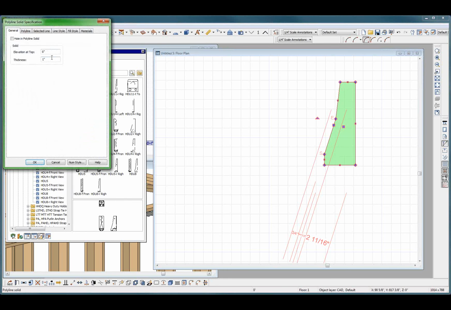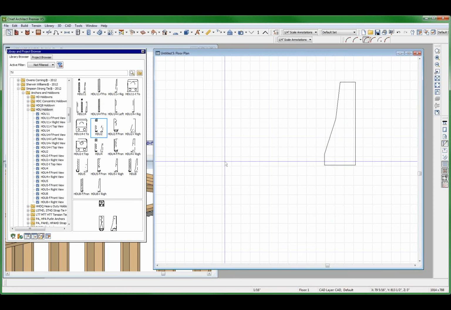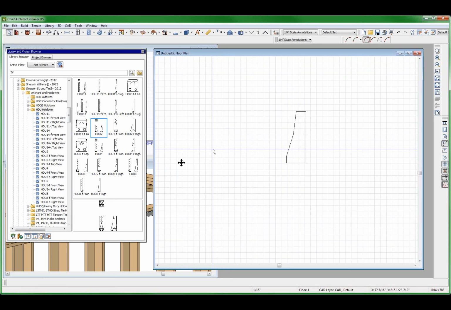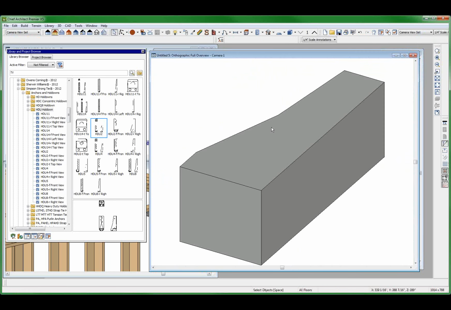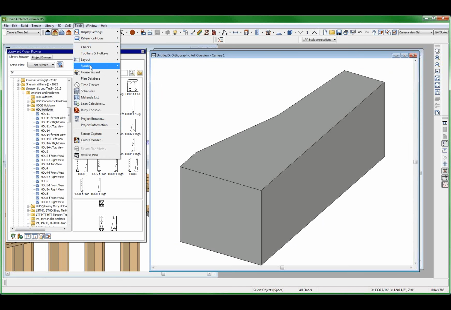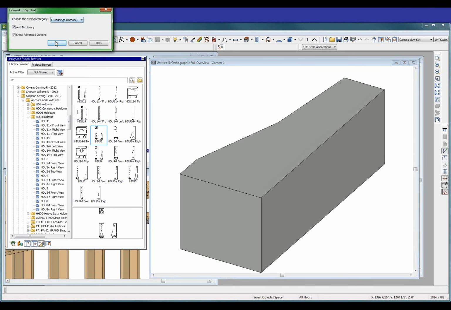It's 3 inches wide. 3 and 3. Okay. There. Now I look at it in isometric view. That's good enough. I get into Boolean planes and stuff, but I'm not going to do it that way. So I'm going to Tools, Symbol, Convert to Symbol, Advanced Options, Furnishings, Interior, OK,